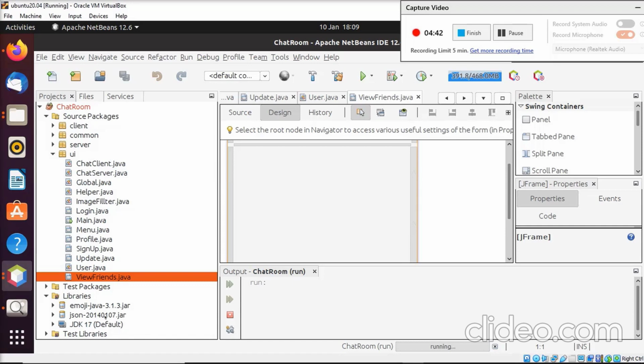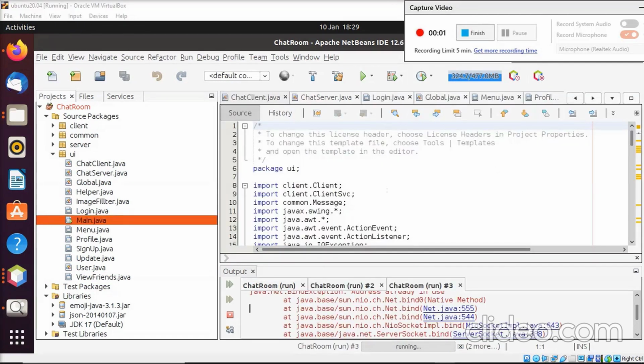And moreover, when the user is about to log in, the server will check whether the credentials match what was given during the sign up. So these are the different types of classes that we have written to make sure the application works. Moving on to the working of the application,